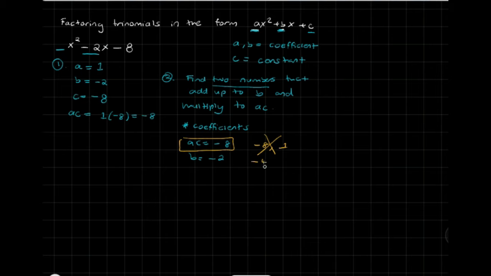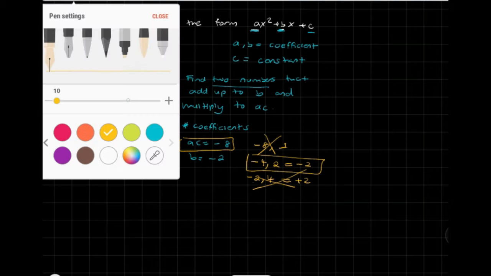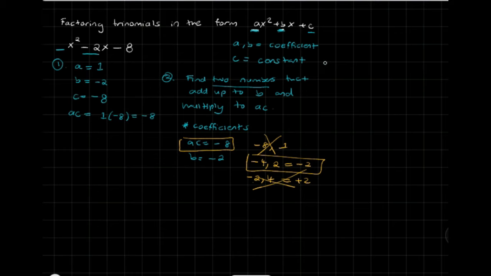You can also try -4 and 2 and -2 and +4. Both of these multiply to -8, except for the fact that -2 plus 4 is equal to +2, so this doesn't work. But -4 plus 2 is going to give you -2, so this is actually the set that will work. Okay, so once we have our coefficients, in the third step, we replace the middle term